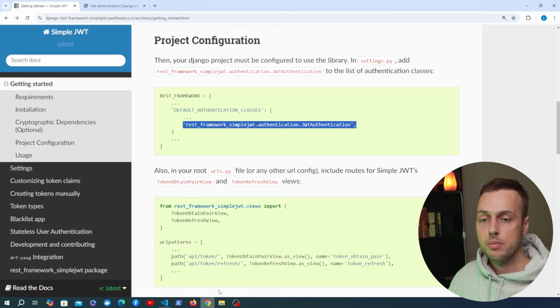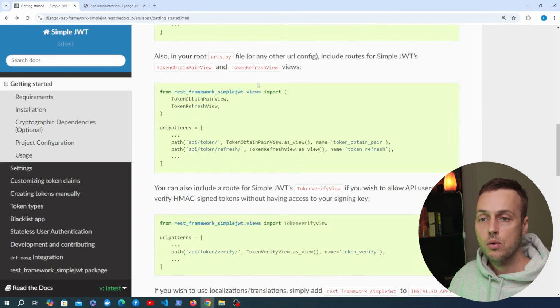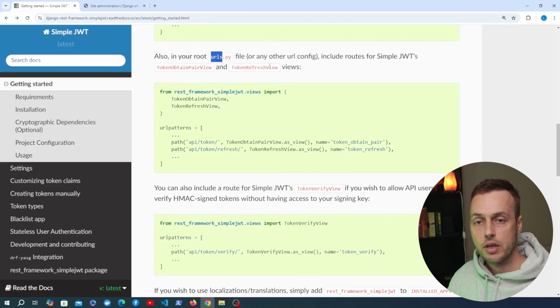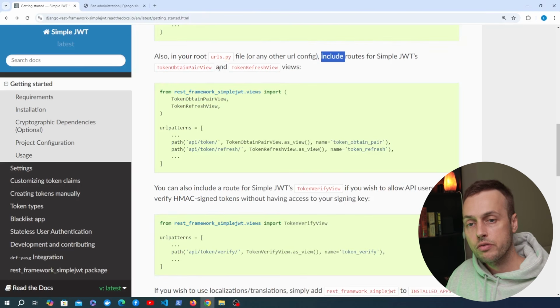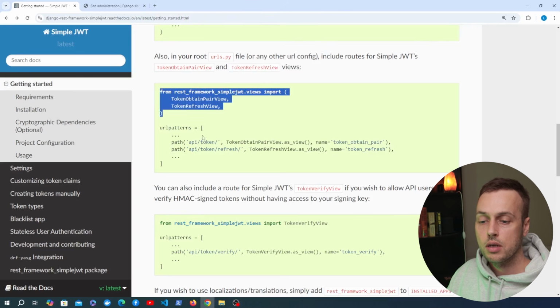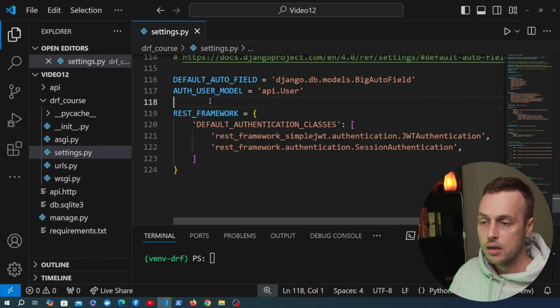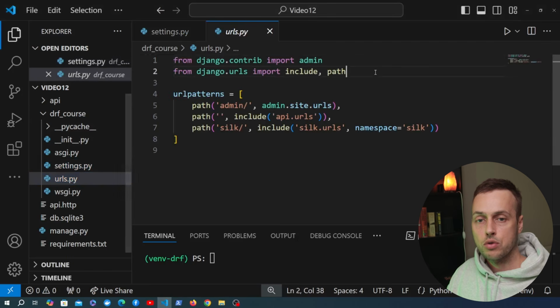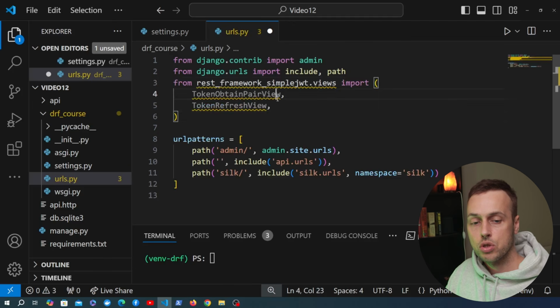Now if we go back to the documentation, once we have added this, what we can do in our root URL configuration is include routes for simple JWT's TokenObtainPairView and TokenRefreshView views. So I'm going to copy the code here, and then we're going to look at what those do in a second. Let's go to the project urls.py file, and we're going to paste in the imports,